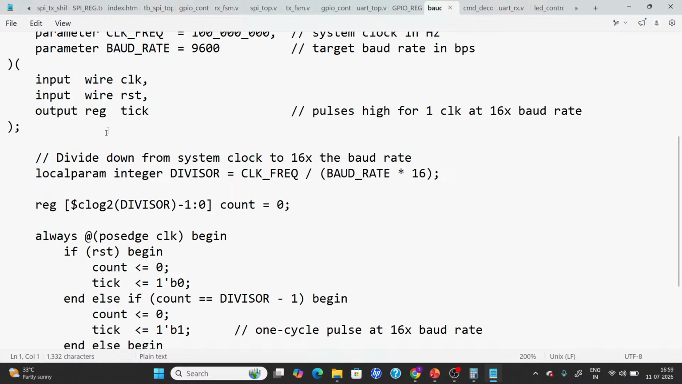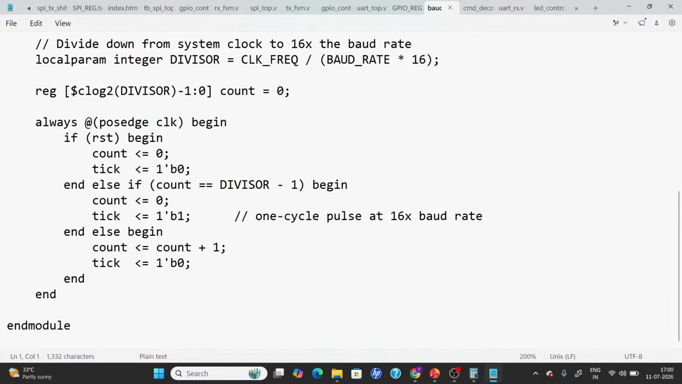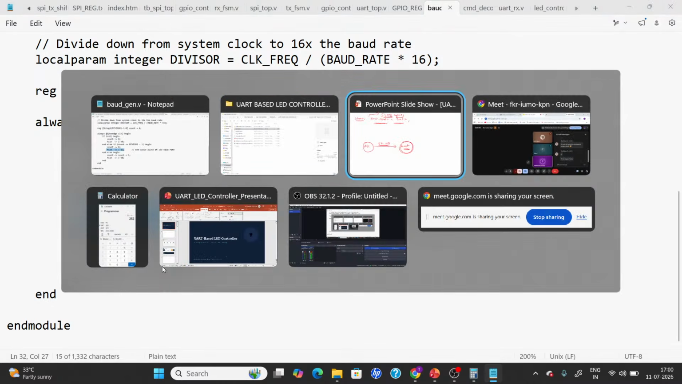So in this particular model, the baud rate generator model, I'm going to have clock, reset, and tick. Output is my tick. I'm going to have a count, and if reset, my count will be equal to 0. If count is equal to divisor minus 1, that means it is reaching that many number of cycles, in our example 5200 cycles. So if I have reached that particular count, then tick is equal to 1, else tick is equal to 0. That means what I'm going to do over here,